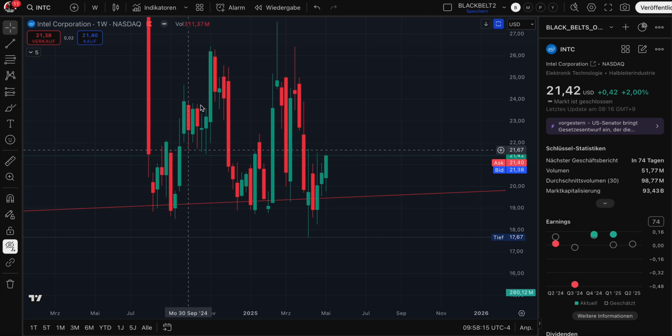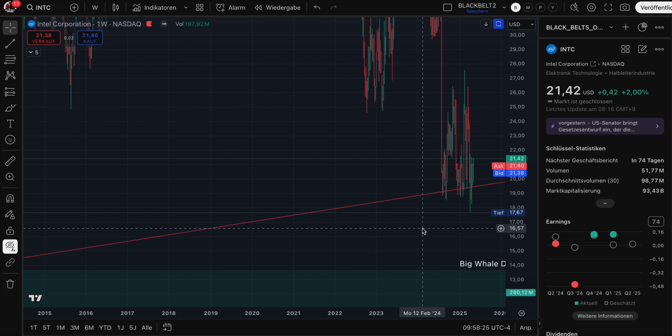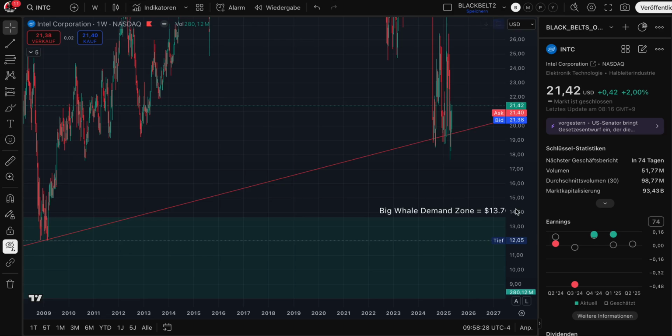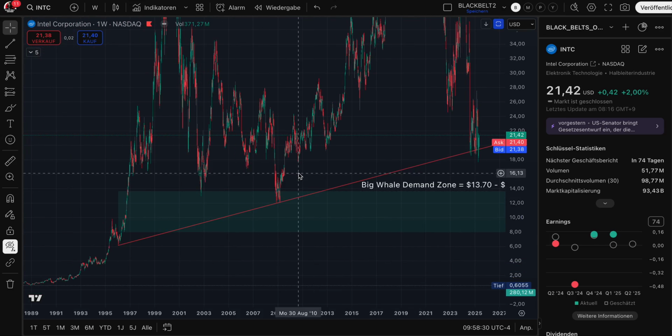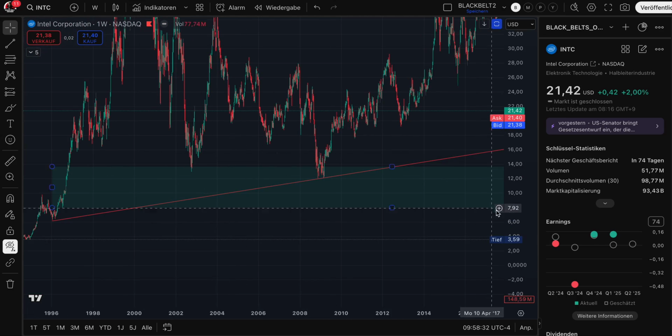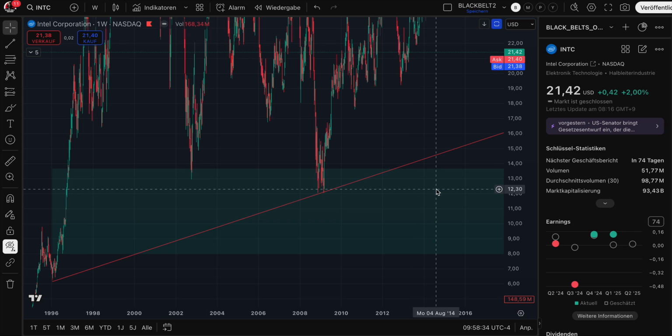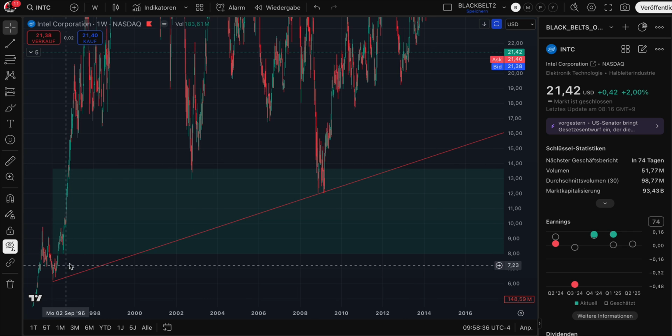But if you can see that Intel is very responsive here since August 2024 to regain strength at this price level, this is not a coincidence, guys. However, we have to talk about this price action, and this is what Warren Buffett mentioned: when others are fearful. Every normal trader knows that as long as you create higher lows, it's a bullish uptrend. But this, guys, was just a fake out.